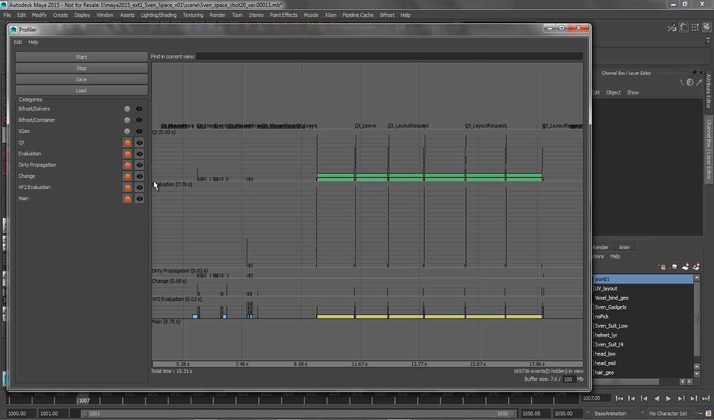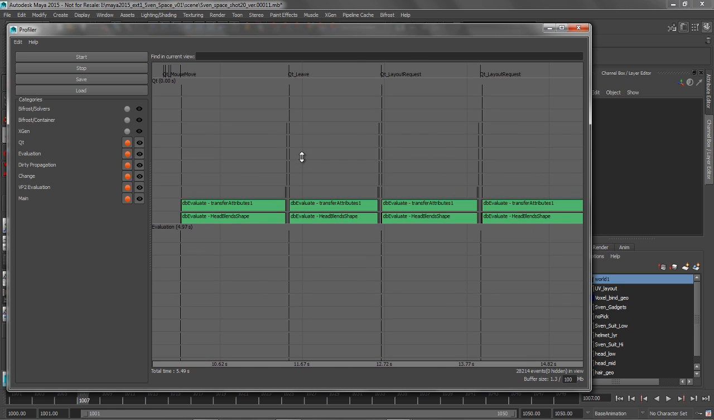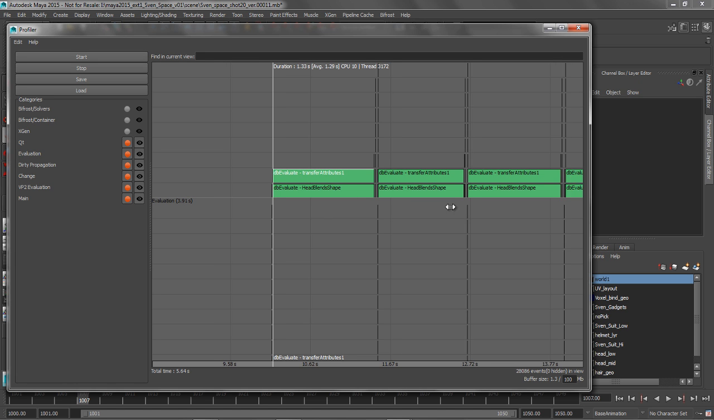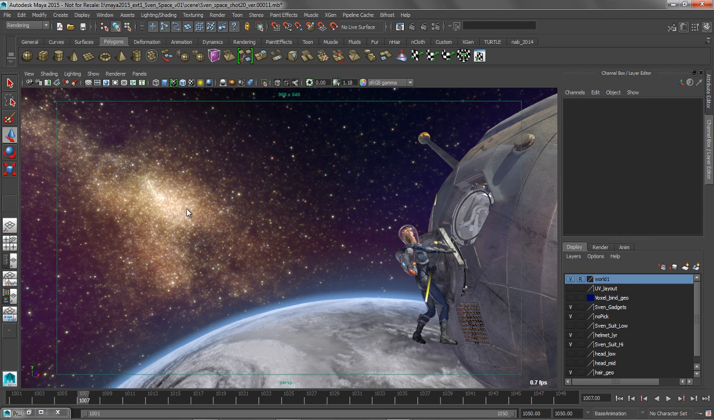So if we go up here to our evaluation area and we zoom in on this, well, there you can see that is what's taking the time. It's this guy right here, taking 1.29 seconds. Everything else is taking hundreds of milliseconds, but that DG evaluation of the Transfer Attributes is really what's slow on my head blend shape. So by simply deleting that guy